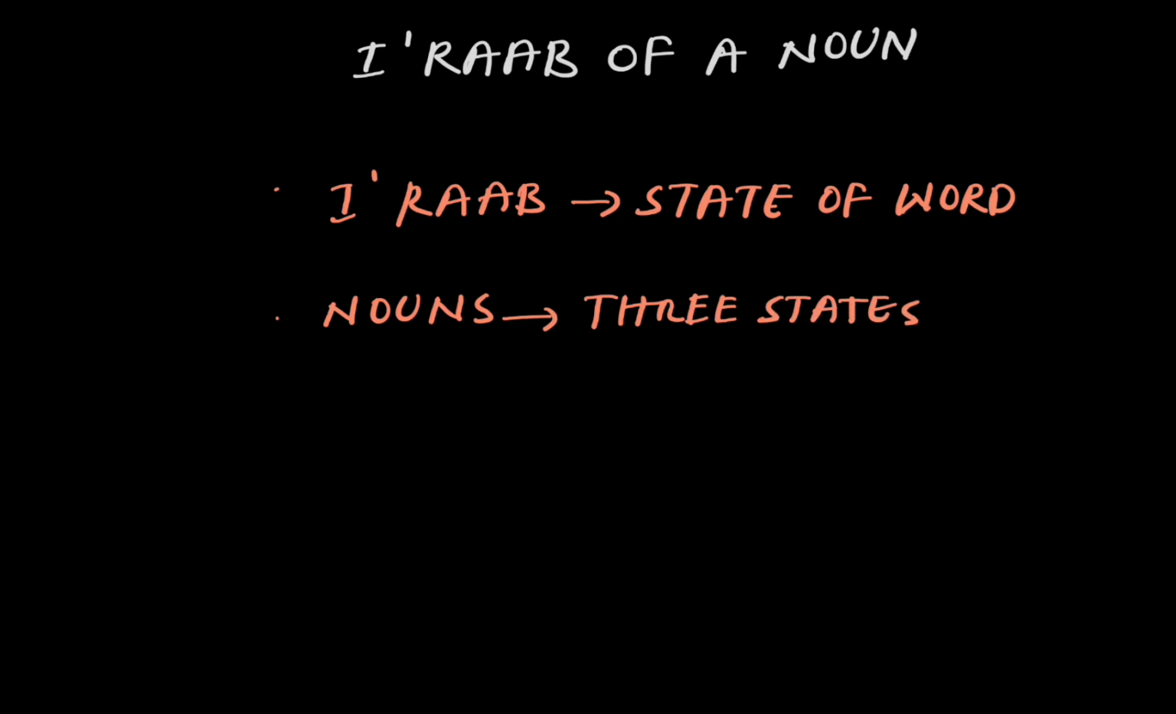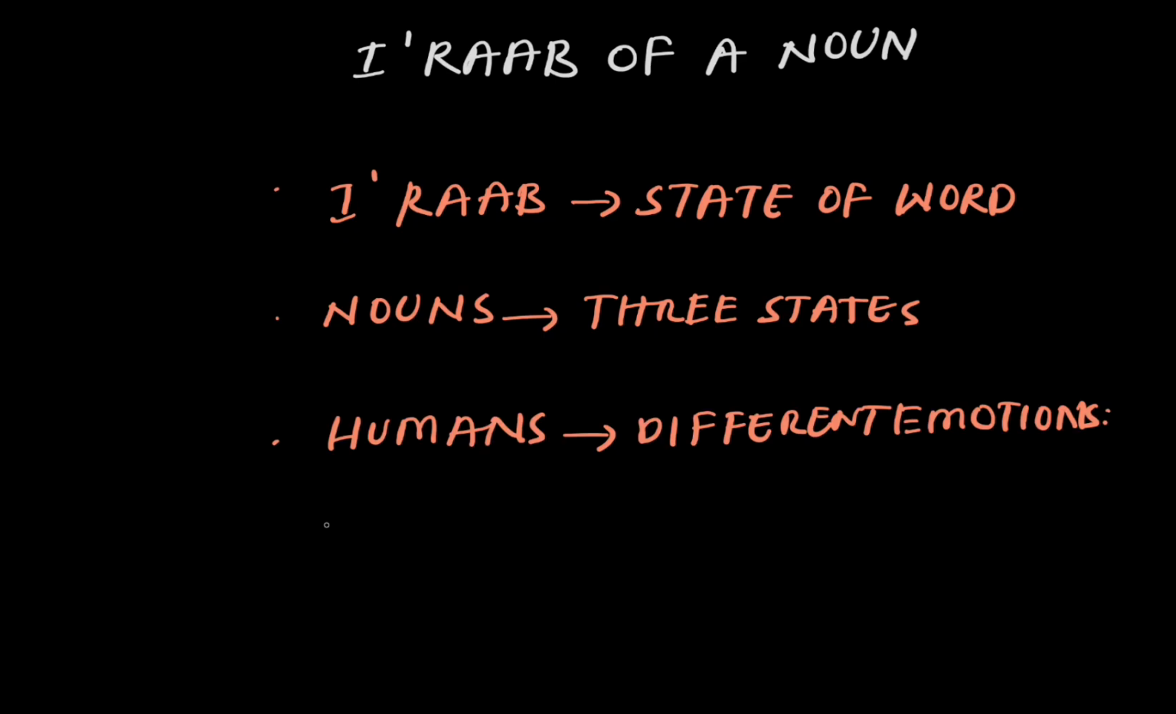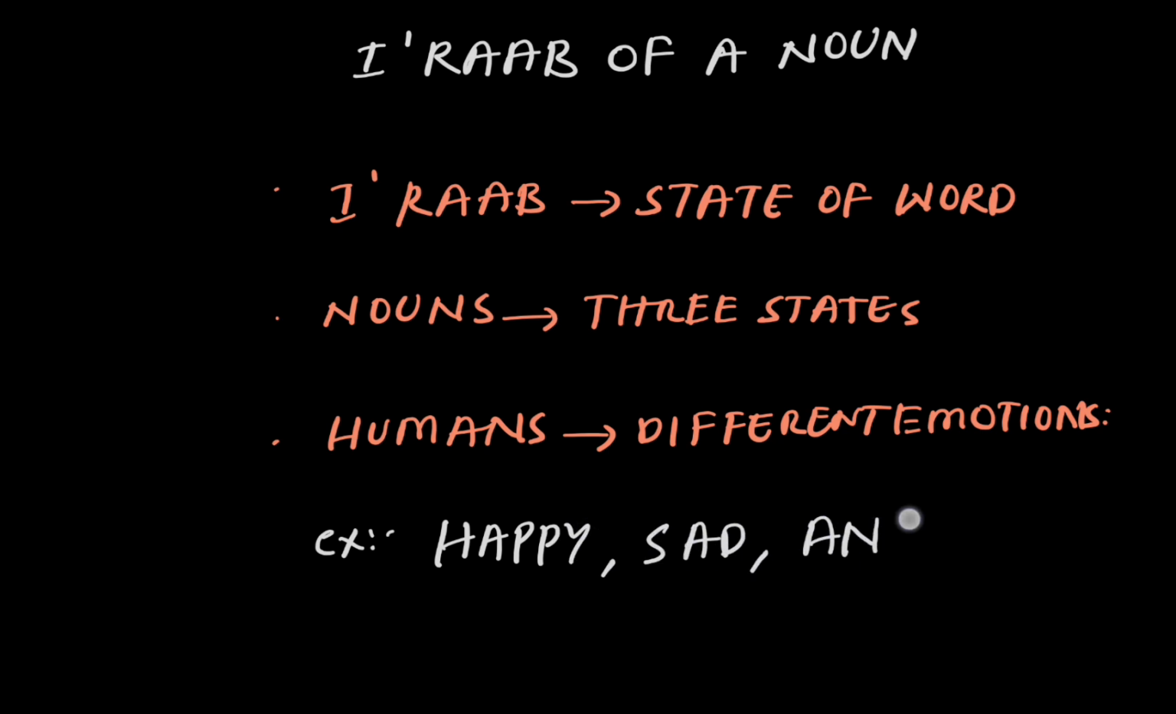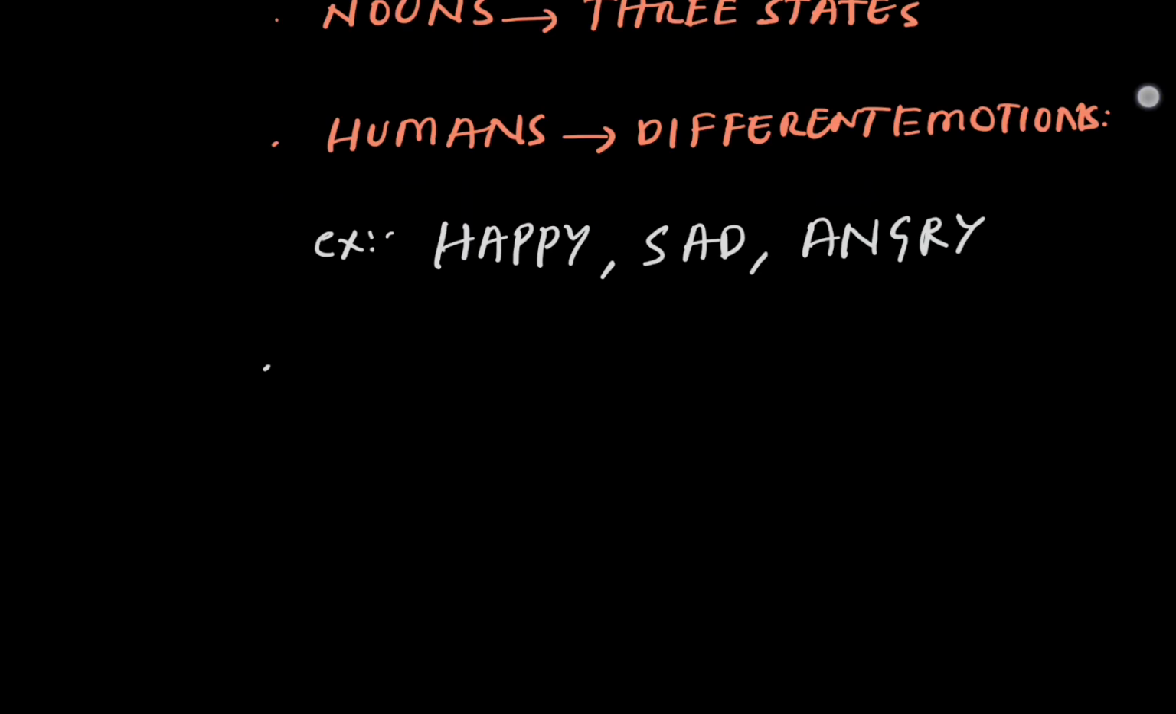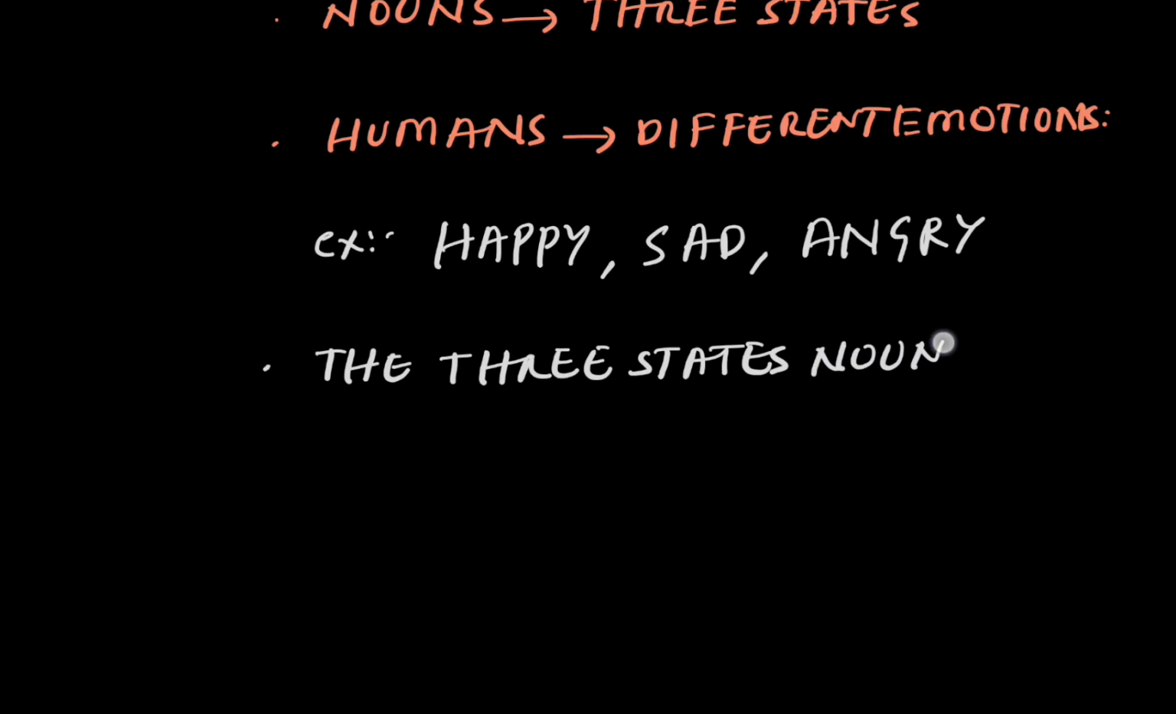Three states, like humans have different emotions. For example, sometimes humans are happy, sometimes they are sad, or sometimes they are angry. Similarly, words also show different states. So the three states of a noun are